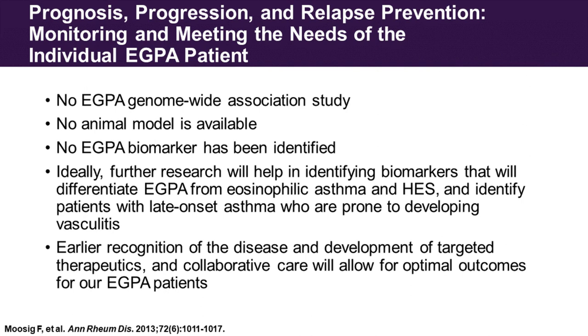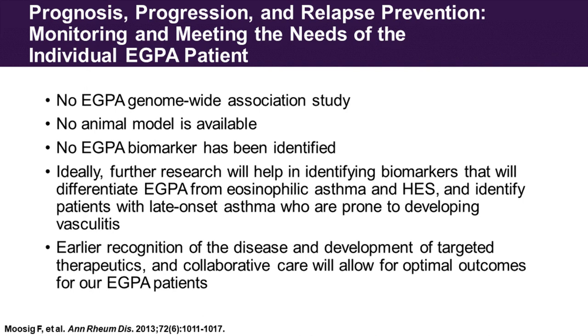So some of the difficult parts: there is no EGPA genome-wide association study. There's no clear animal model that's available, and we don't have a clear biomarker, right? So there is a lot of room for us to still discover a lot in this disease. Ideally, further research will help us identify these biomarkers, so not only can we predict flares or predict disease activity,